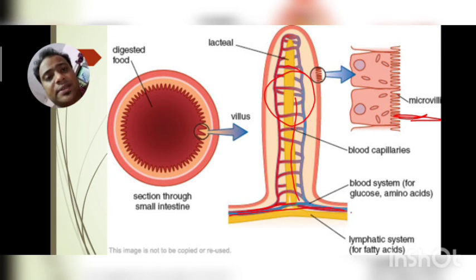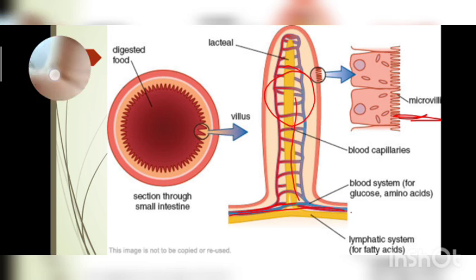The small intestine has a very special structure called villi. What is a villus? If they ask you the question, villi are small finger-like projections having a large surface area for the absorption of digested food. Okay, so we have completed up to the absorption process. In the next session or next video we'll see how assimilation and egestion take place.